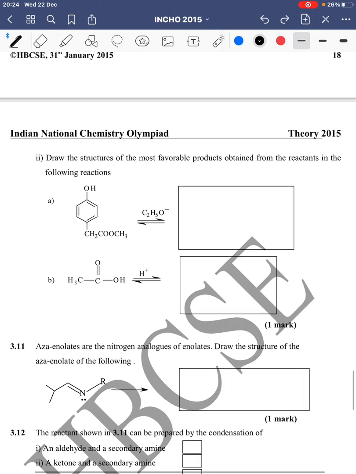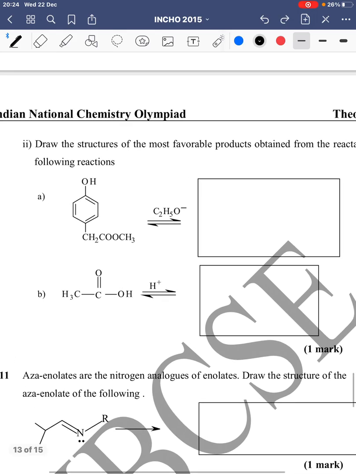Okay, this problem also has a second part, that is draw the structures of the most favorable products obtained from the reactants in the following reactions. So here we have C2H5O minus. It has a tendency of forming an alcohol. One can easily see that if we add an H here, it would form a 1 degree alcohol. So this would take that alcohol from here and it would form this